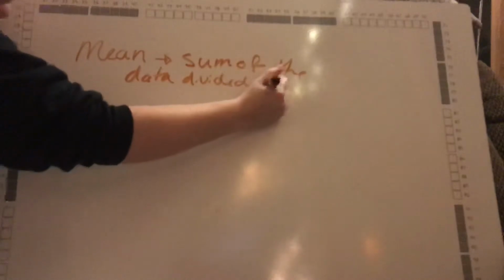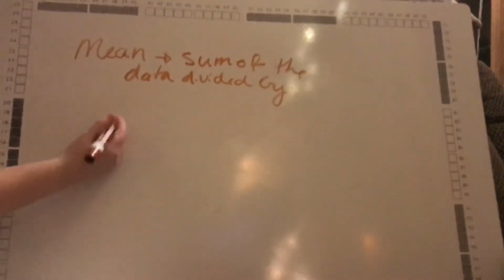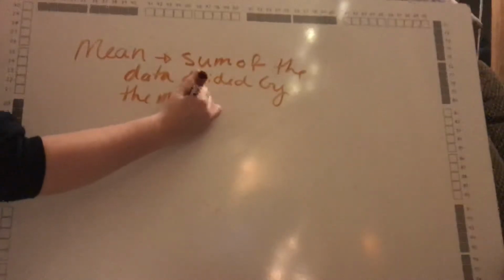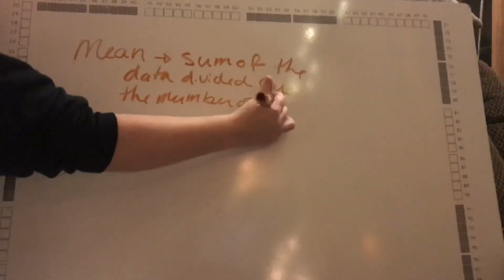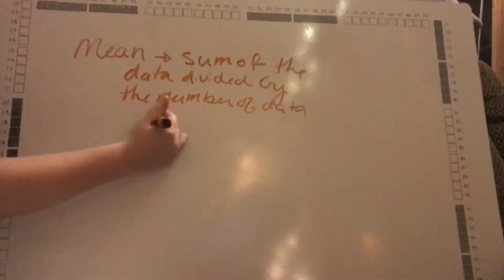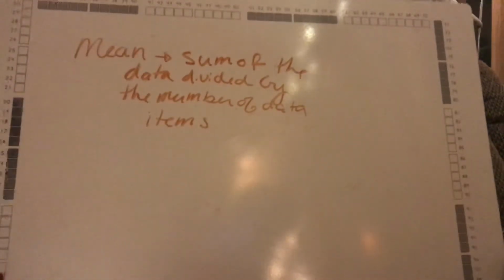So mean is the sum of the data divided by the number of data items. So mean is when you add a series of numbers together and then divide that number by how many numbers